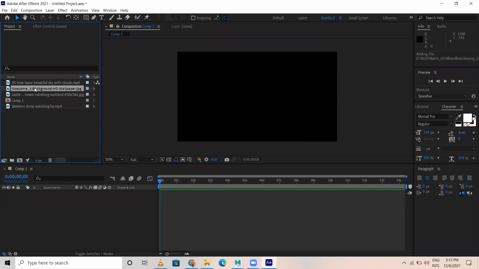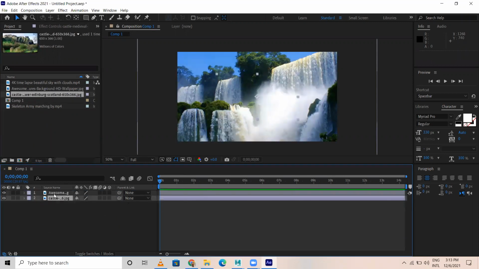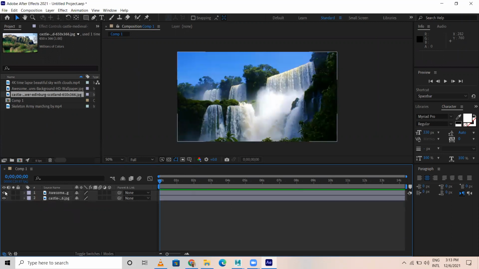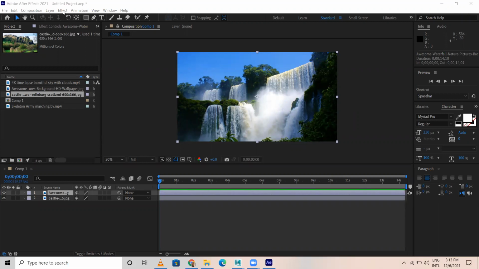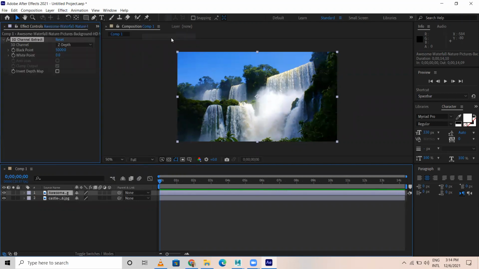Okay. So first, let me have a couple of images. Two images I'm just selecting and Control Alt F, fit to screen. So I have this image as well as this image, both the images. I select the first, top layer image. First, I'll go to FX, 3D channel. There are certain 3D channels wherein we can extract the channel with respect to colors. We can give certain depth map, depth of field. Certain things are there. Let's see.